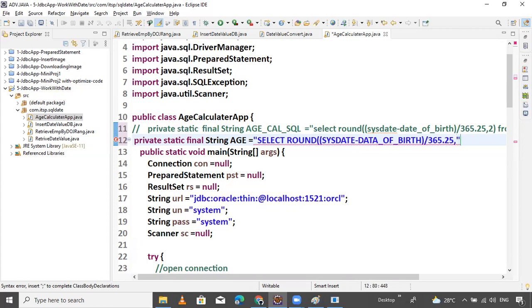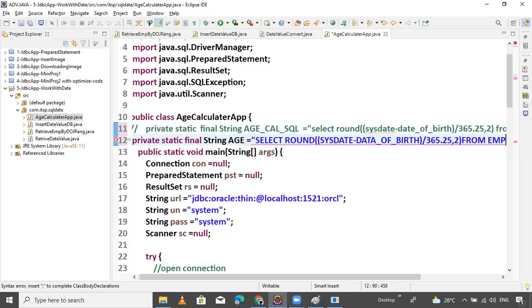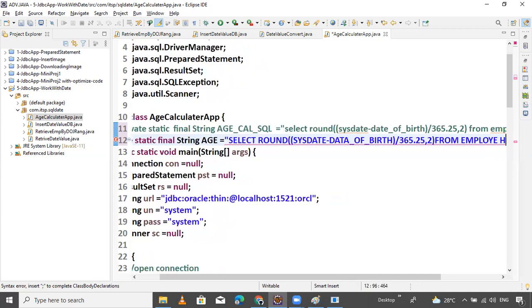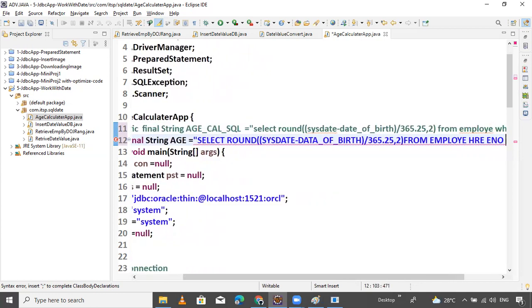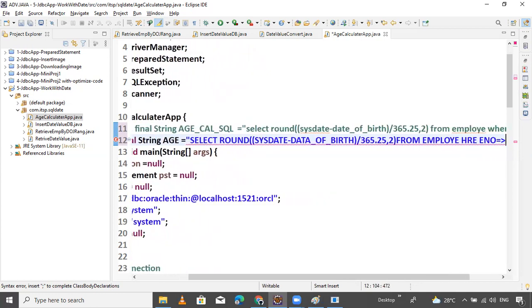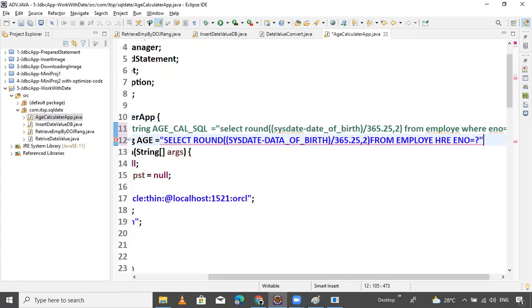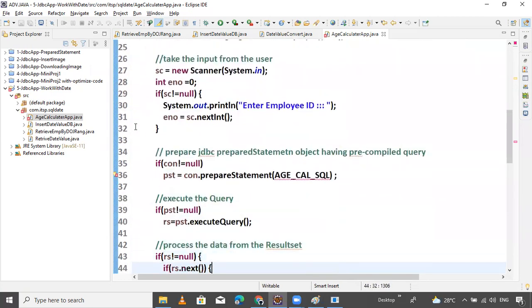Provide the column number of 2, just close from employee where ENO equals to question mark. This is our total query, guys. So now let's pass the query here.